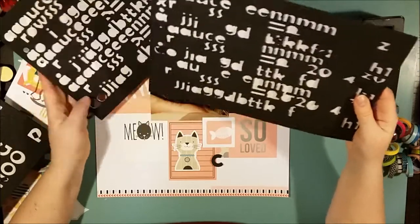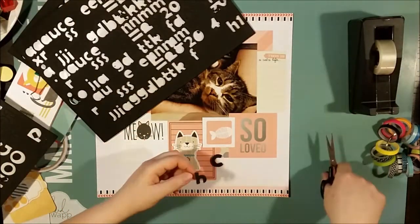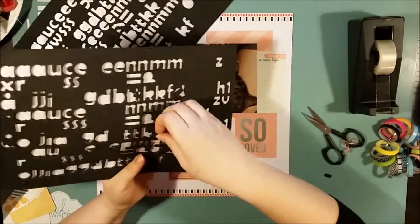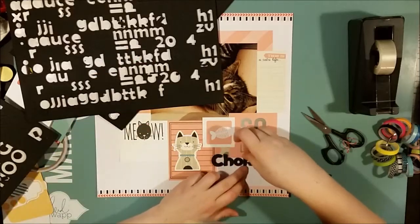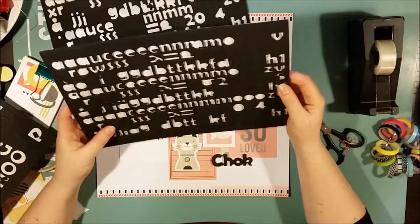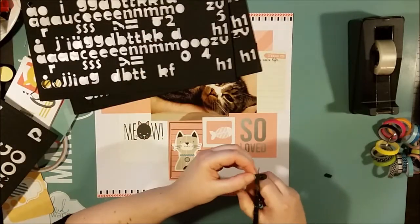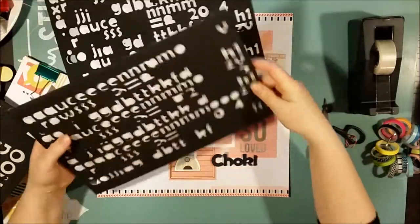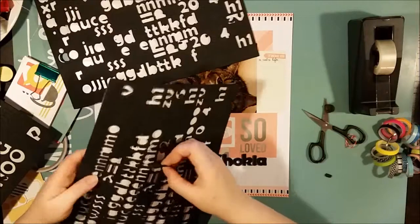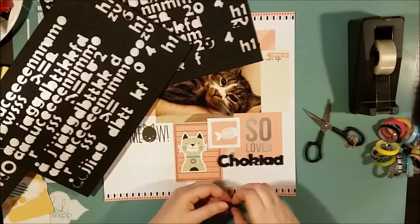A while back, when I showed photos of Felix here on YouTube, someone suggested that he looked like he has dipped his whole mouth in chocolate, because he has a brown pattern over his mouth, and that kind of stuck with me because I thought that was really cute. So the title for this page will be Chokladnos, and I spell it in Swedish with these rather chunky foam letters